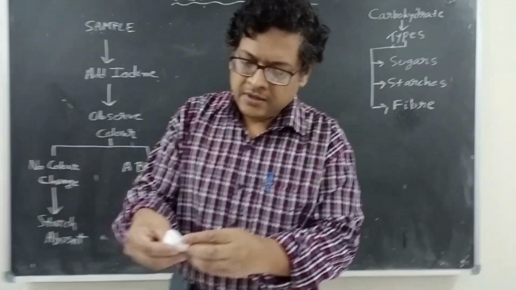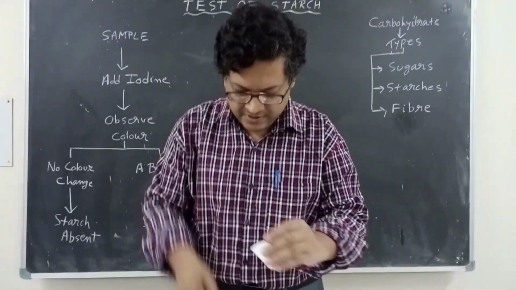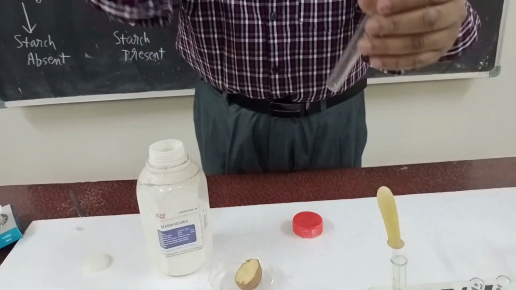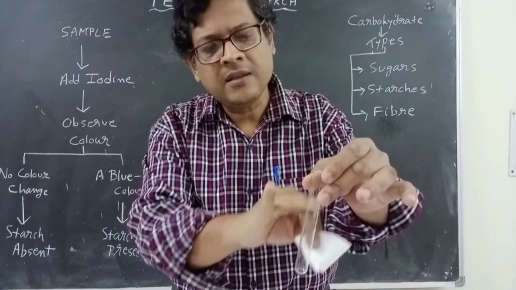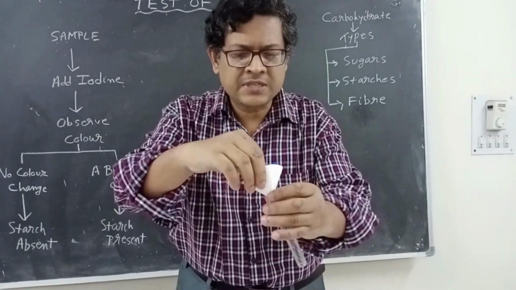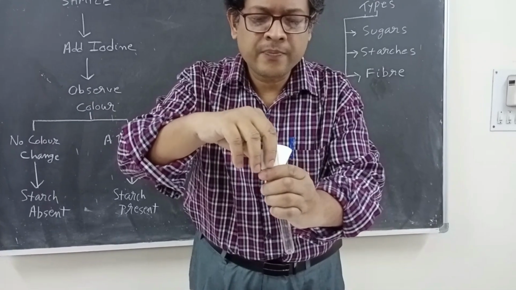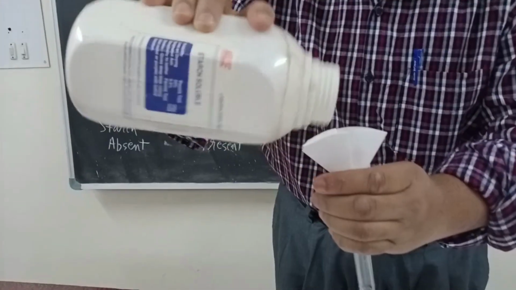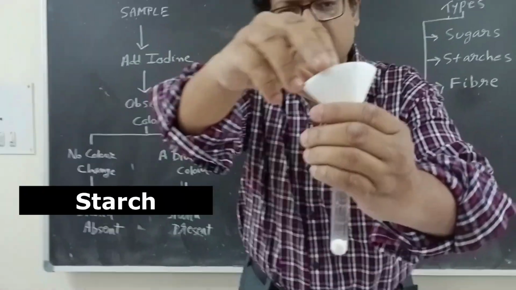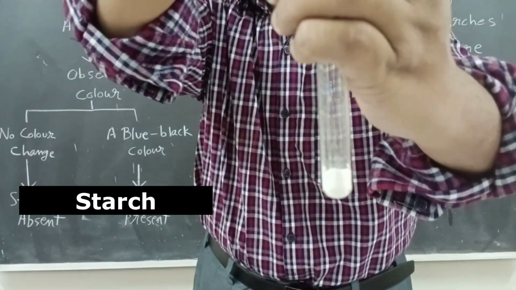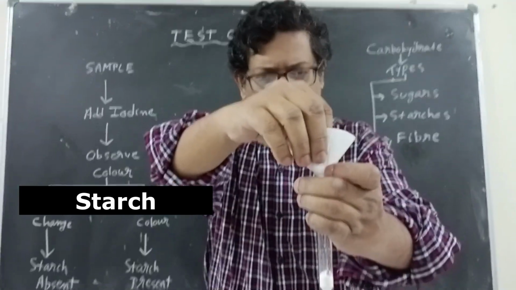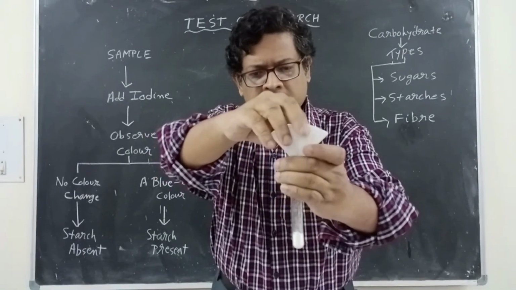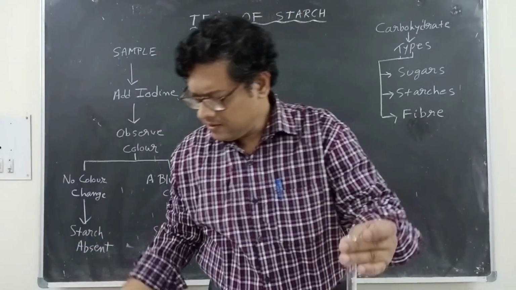Actually, filter paper is generally used for filtering. Now I use the filter paper so that the sample, the soluble starch, does not stick to the inner surface of the test tube. This is a hard glass test tube of approximately 20 ml capacity. I pour a very little starch in it. You can see the starch is now at the bottom of the test tube, and no starch sticks to the inner surface.